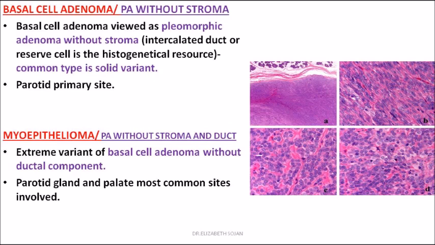So only the cells will be present predominantly in case of myoepithelioma. Clear? In case of pleomorphic adenoma, both the cellular and the connective tissue components were present within them. Because of that you can see chondroid areas, osseous areas, myxoid areas. But when you come to basal cell adenoma, the stromal part is removed. When you come to myoepithelioma, even the ductal part is also removed. Understood? So that is how that reclassification comes.